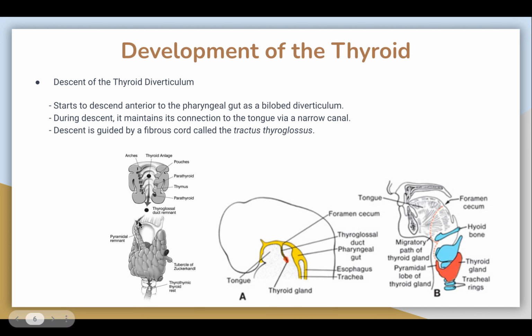That's why in some individuals, from the base of the tongue, since it descends, sometimes you will have remnants of the thyroid gland from when it descended during embryonic life. However, ideally, there are no remnants. And if you have remaining thyroglossal duct that did not involute,